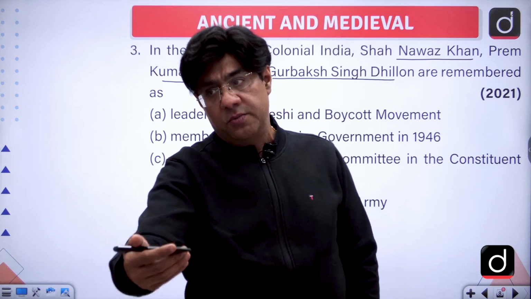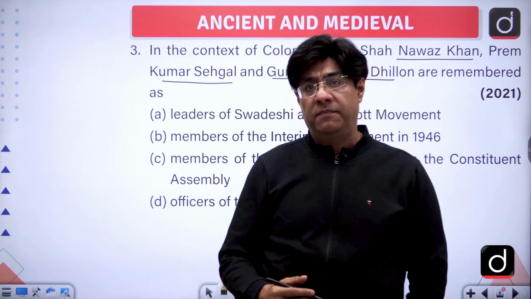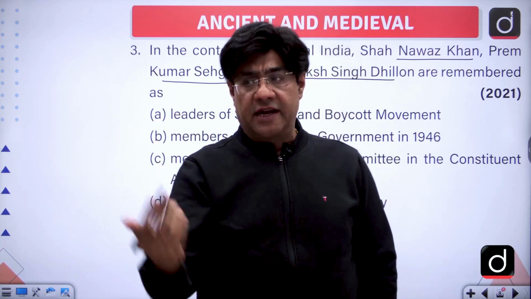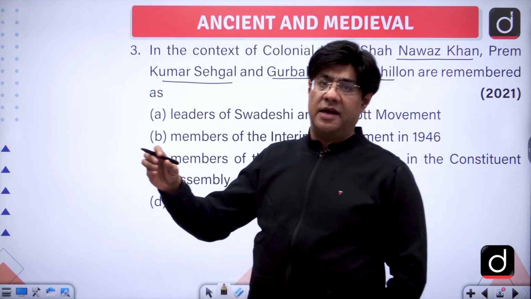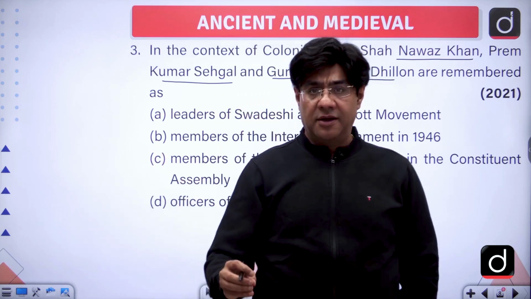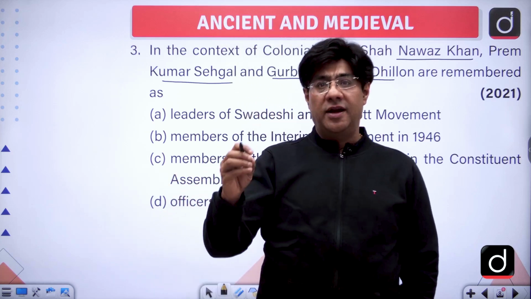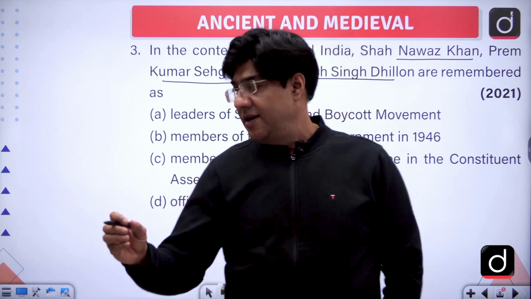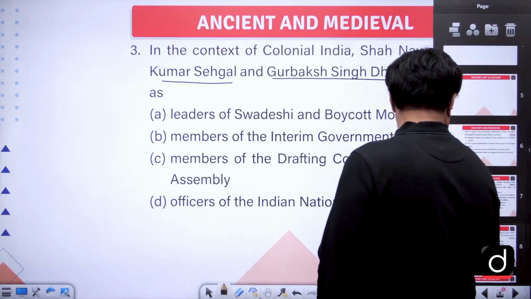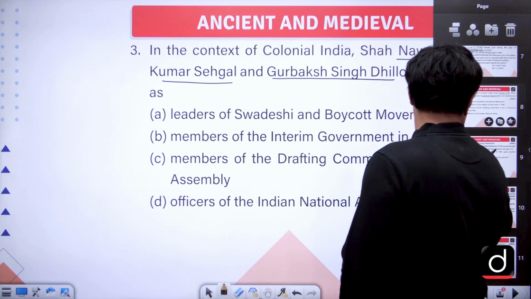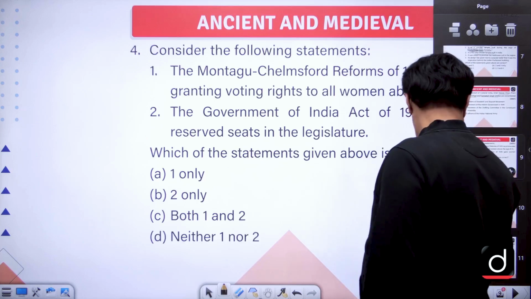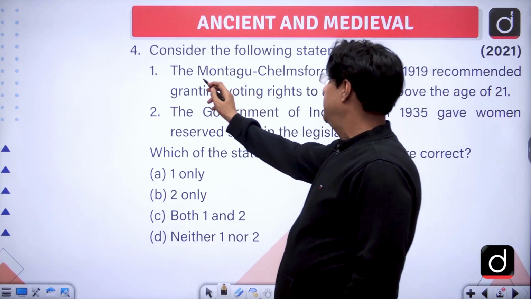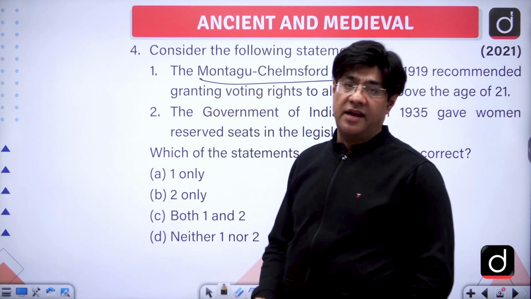Again, personalities came. I said we will be doing personalities of the revolutionary movement also. So when we do the revolutionary movement, then Subhash Chandra Bose will also come. Because by the end, that is during the time of the Second World War, he appears to be a revolutionary. When he says, "Tum mujhe khoon do, main tumhe azadi dunga. Give me blood, I'll give you freedom." Now this is revolution. This is violence. So that is revolution, isn't it? Then another question here is about reform: Montagu-Chelmsford reform, British Acts and Commissions.